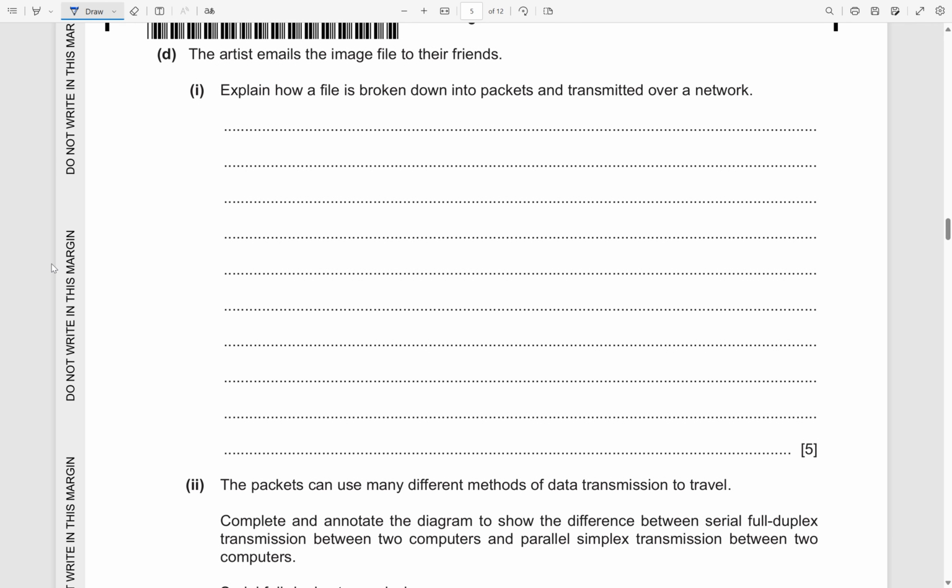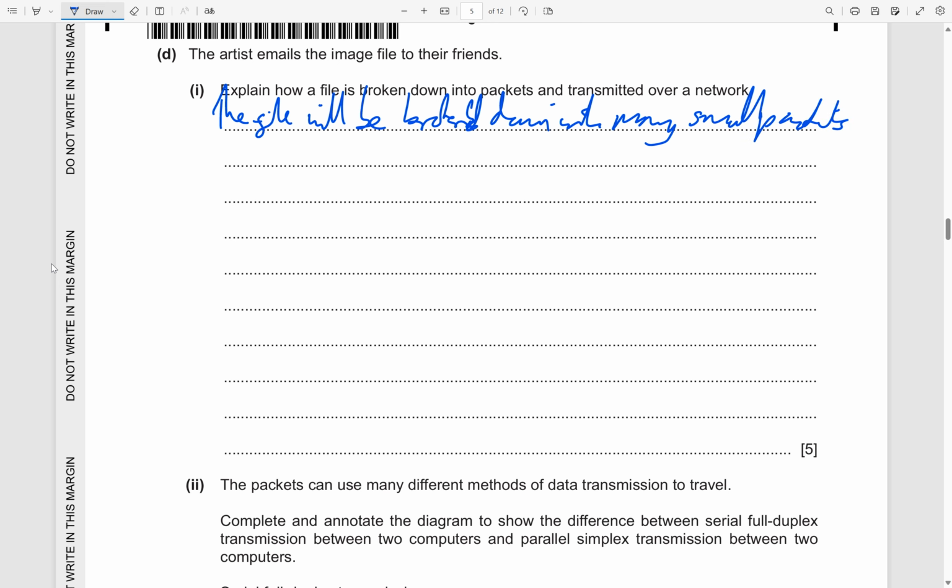All right, so let's try to explain that. There's going to be quite a lot here, 5 marks, and they've given us about 10 lines. So we can say the file will be broken down into many small packets, containing a header,